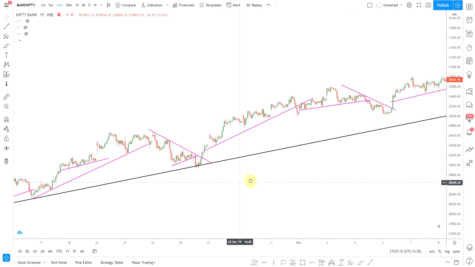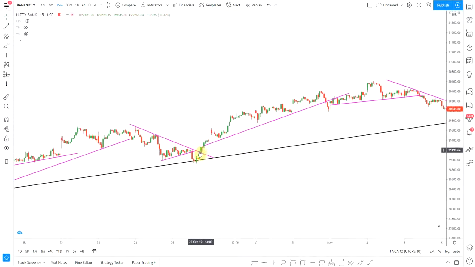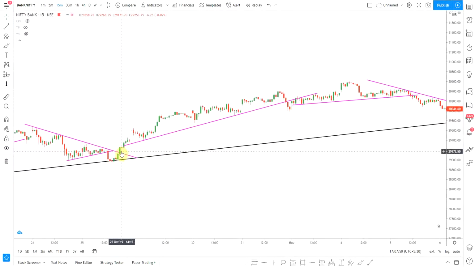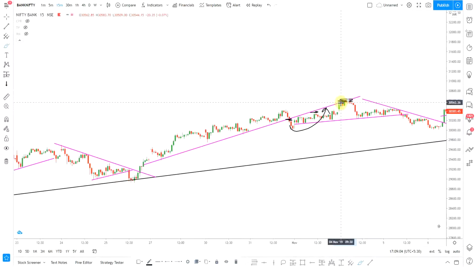Another concept that we need to understand is trend line breakouts. As you can see how beautifully the candles are following the trend line until it is broken. One of the most common mistakes that trend line breakout traders make is that they will take a trade right here. But instead of that, one should wait for a small pullback, which would be this tiny red candle in this case, and then buy the stock. Whenever you have a trend line breakout, instead of directly trading the breakout, one should wait for the stock to come back to touch the trend line and then sell. In this case, you could have taken a trade right here or even right here. And as you can see, as it touched the trend line, it started falling.